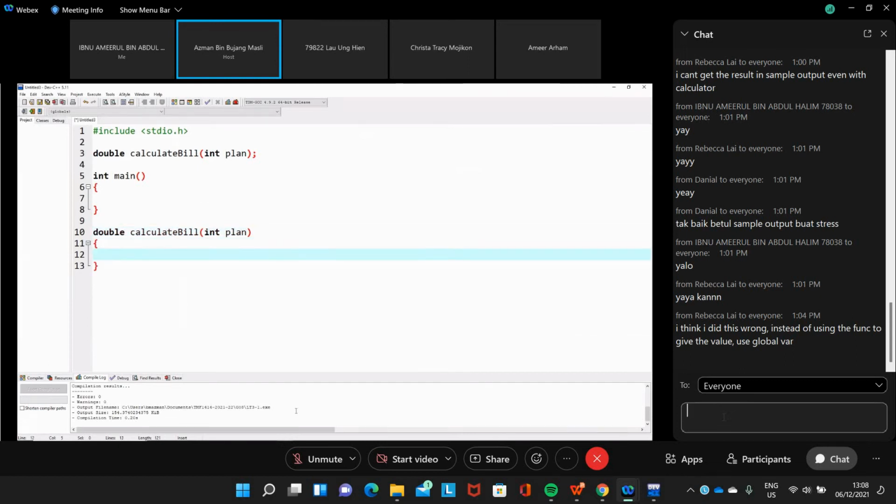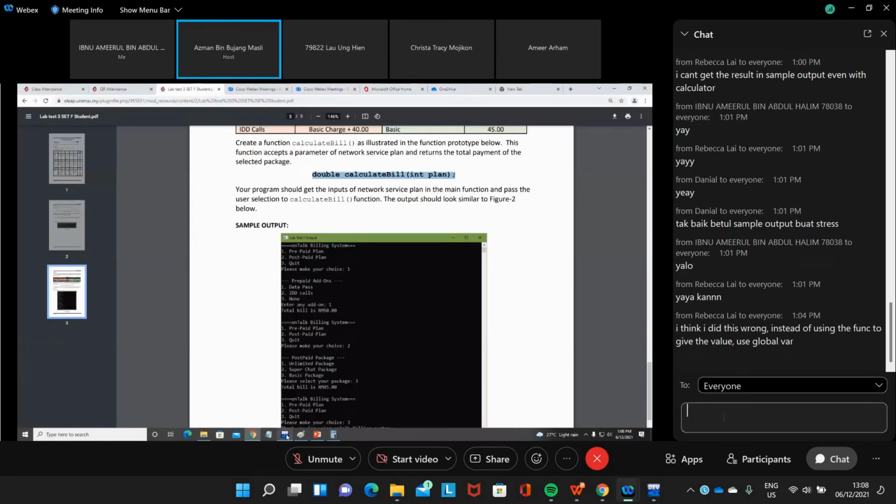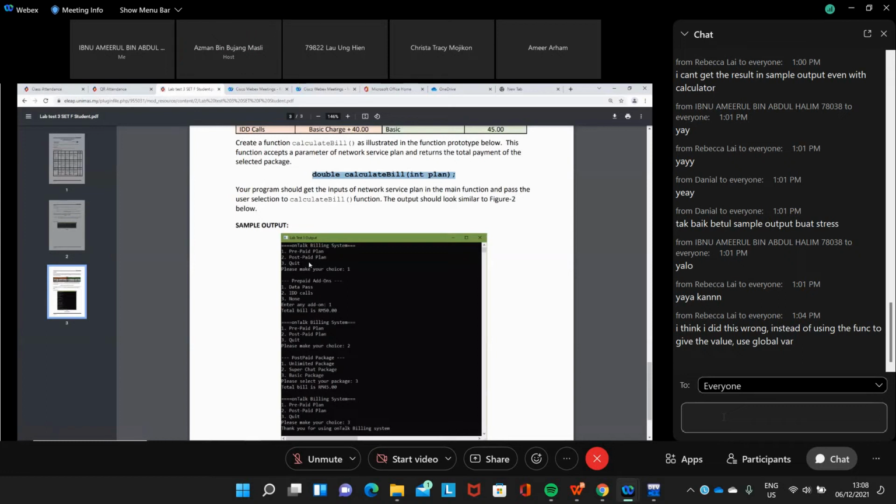And then what else? On top, the billing system. We have the function to work continuously, to ask the user to choose. Your program should get input in the main function, so the service plan in the main function.